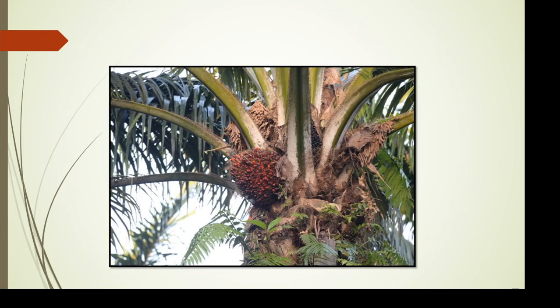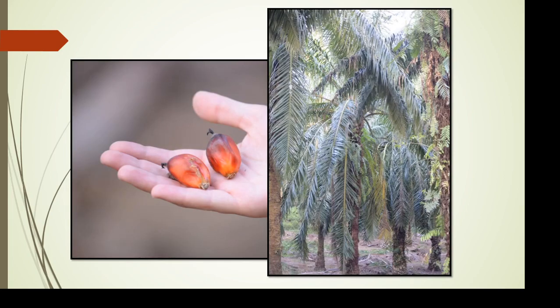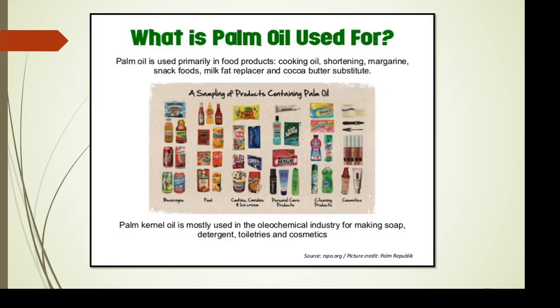This is what palm oil dates look like. Here's a couple in Laura's hand up close and personal there. And when you look at the plantation, you can see it would be like being in an apple orchard. You don't really want stuff growing up underneath it at all. And palm oil is used in so many different things. If you eat chocolate, you eat palm oil. If you have applesauce, you have palm oil. If you have margarine or all kinds of different things, Oreo cookies, you eat palm oil.